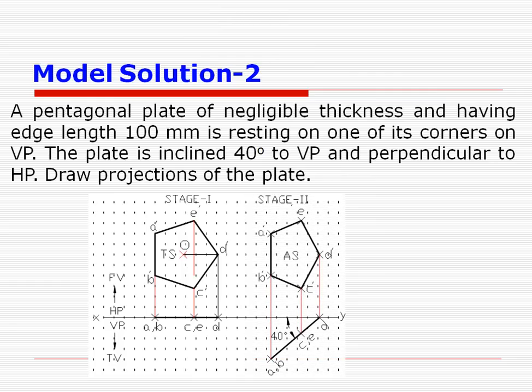The tilt is 40 degree while retaining the point D in VP even now. So now we copy this line into the new position and we rotate that corresponding to the endpoints and corresponding to the points of C and E also. Again we shall get new apparent shape as shown in the second stage. So this way the solution can be obtained for the inclined plane.